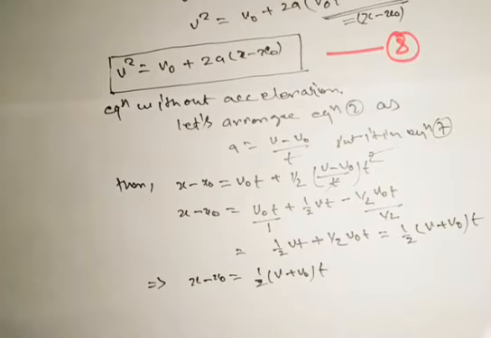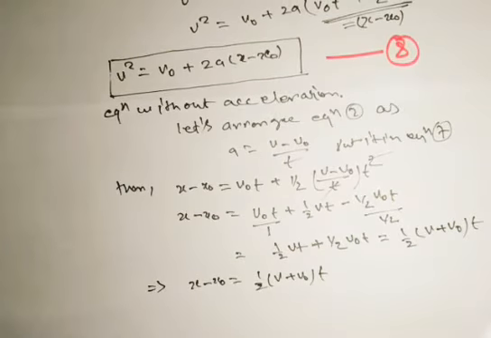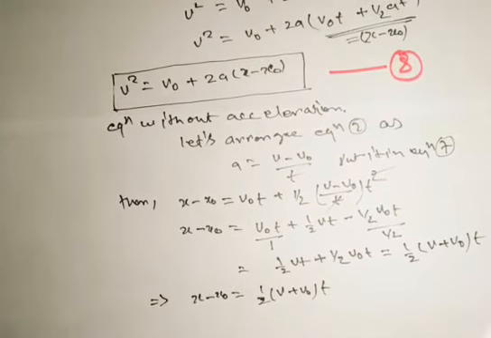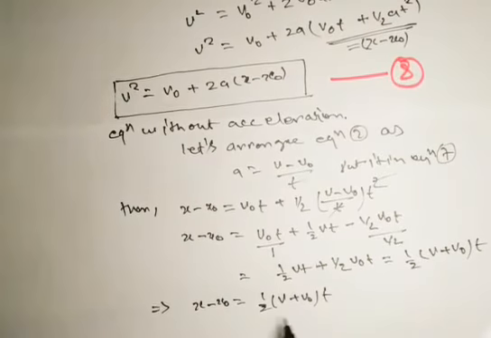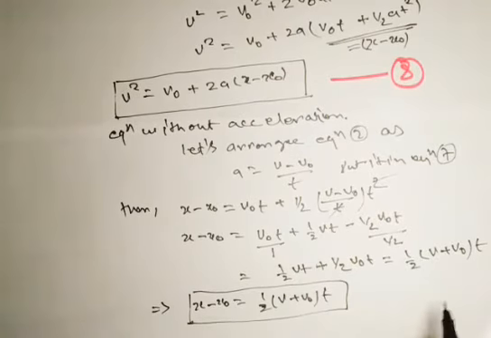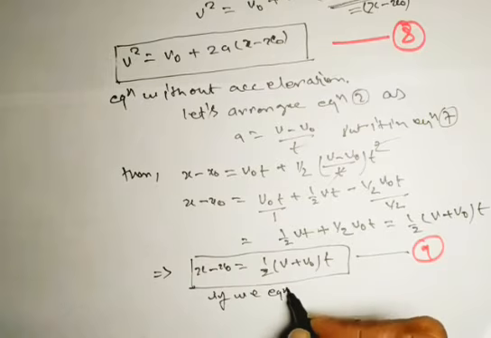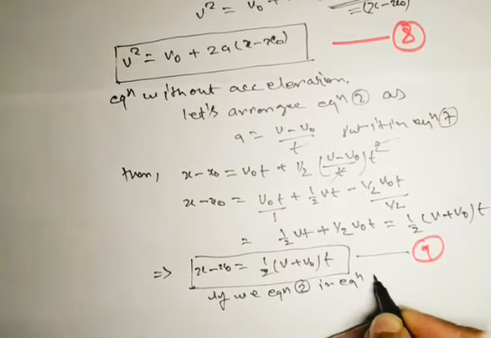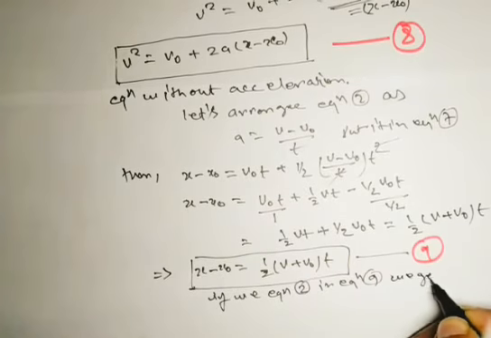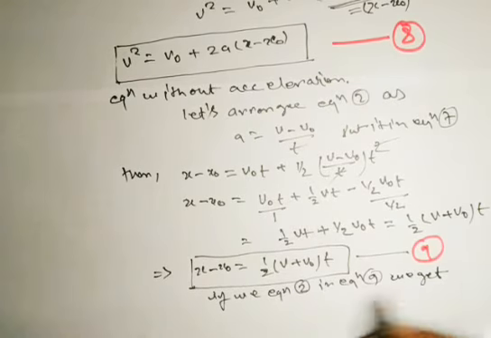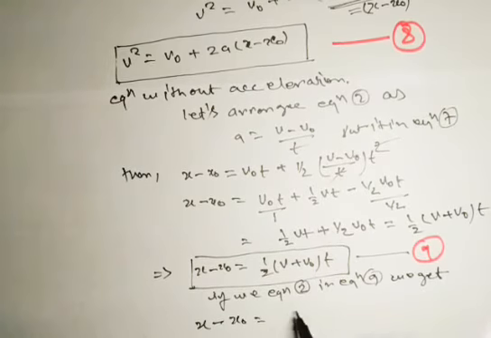So from this equation we can also eliminate v naught through equation 2. If we put equation 2 here, this is also an important equation. Let's put it as equation 9. If we put equation 2nd in equation 9, we get x minus x naught equals